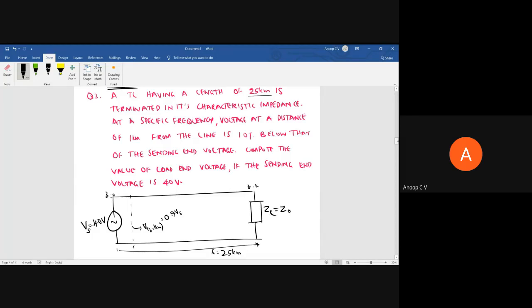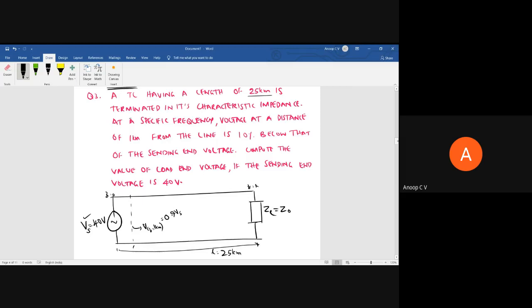At a distance of Z equal to 1 kilometer, the voltage is 0.9 times Vs. 10% below means 90% of the sending end voltage, which I can write as 0.9 times Vs. This is what is given. So from what is given,